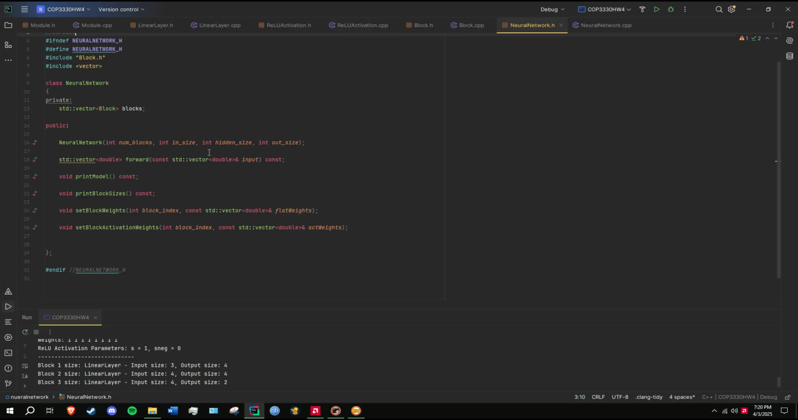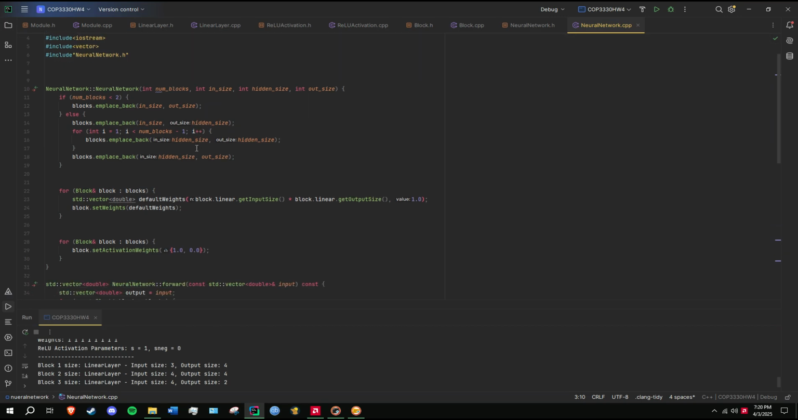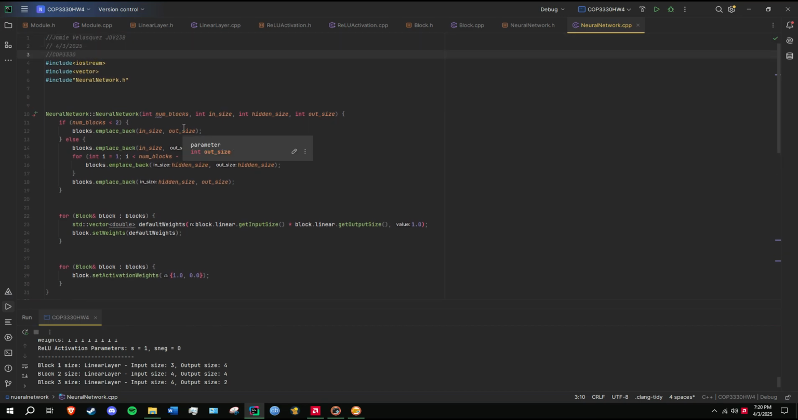I'll move on to our neural network CPP file. So we have a neural network constructor here, which builds a network as follows. If the number of blocks is less than 2, it creates a single block, mapping input size to output size. So here, as you can see here,